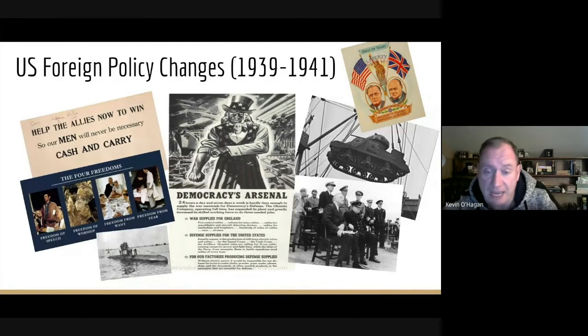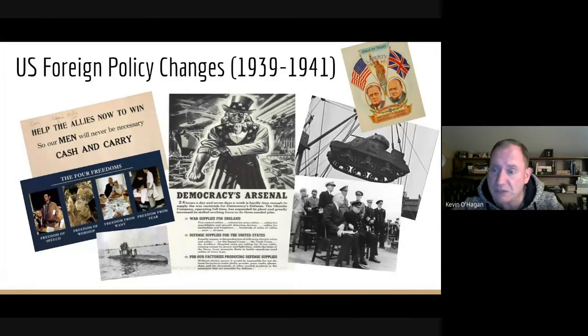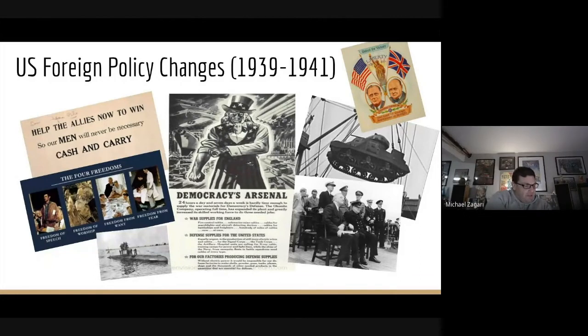And again, the Lend-Lease Act, once the British are standing alone by themselves, that's when he likens it to the whole idea of loaning. What's the analogy? The quote is, I have it written down right here. Suppose my neighbor's home catches fire, and I have the length of a garden hose 400 or 500 feet away. If he can take my garden hose and connect it up with his hydrant, I may help him put out his fire. I didn't say to him before the operation, neighbor, my garden hose cost me $15. You have to pay me $15 for it. I don't want $15. I want my garden hose back after the fire is over.